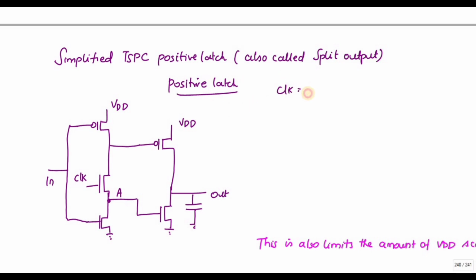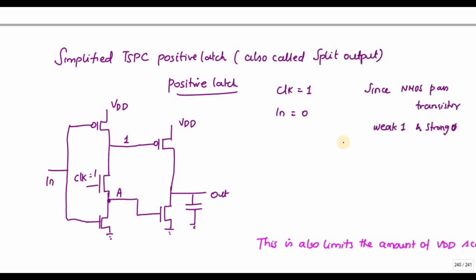So now the clock is 1 and the input value is 0. If the input value is 0, this transistor will conduct, so VDD goes to here, and the output value will be 1. The clock value is 1. Since the NMOS pass transistor is weak 1 and strong 0,